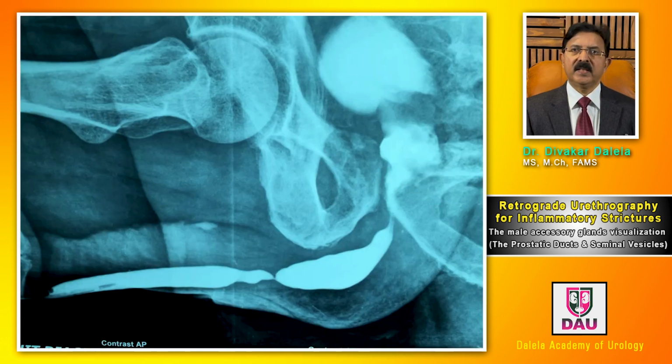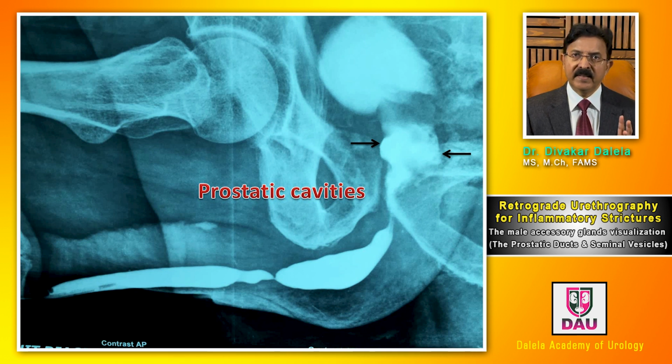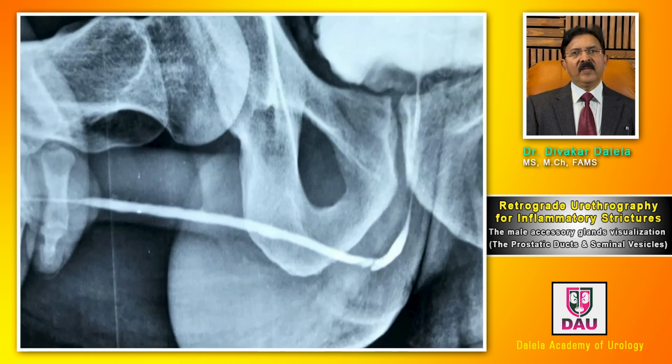Here is a patient who has a stricture in the penobulbar junction, and you see a prostatic cavity. Now this is a single cavity. In the former film, you saw two medium-sized cavities. In this patient, you see a single large cavity. Now this is again most probably a prostatic abscess which emptied into the prostatic urethra. It's an empty kind of diverticulum now, which is visible in addition to the urethral stricture. And because there's pressure in the prostatic urethra because of stricture, these cavities become larger and they persist.